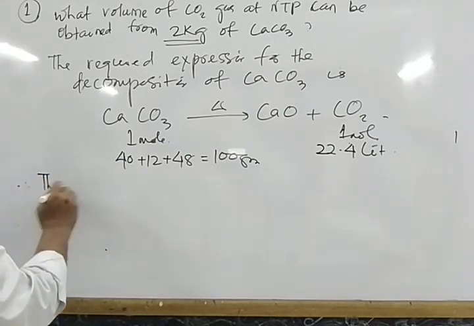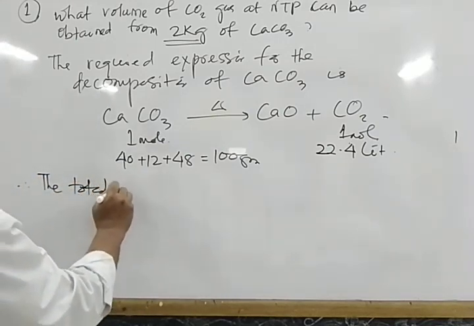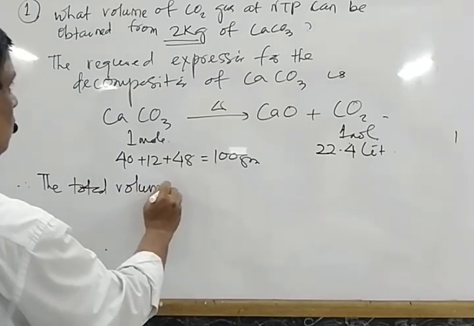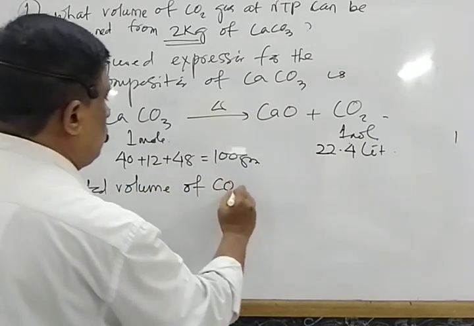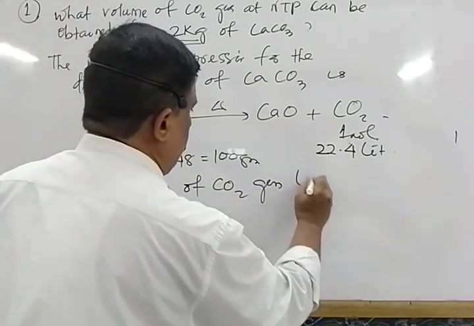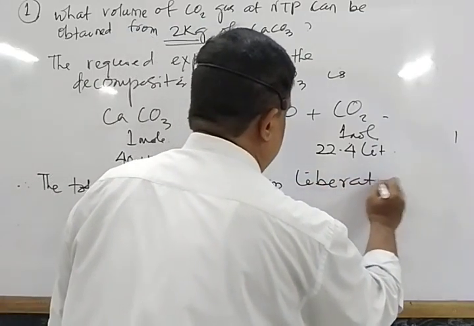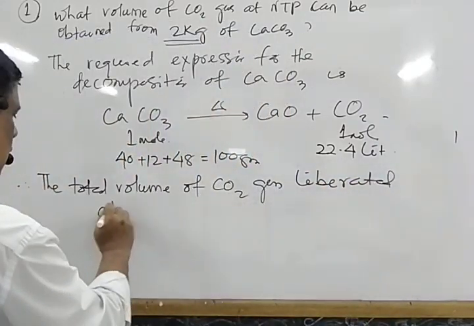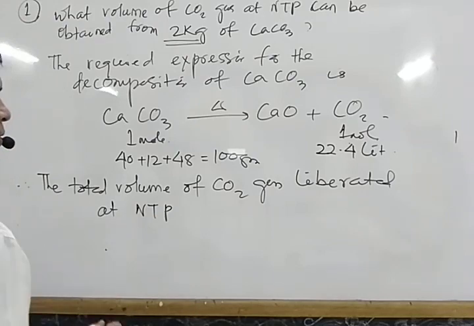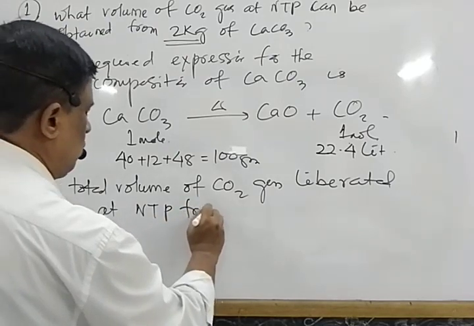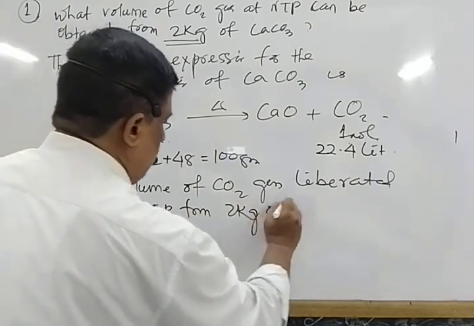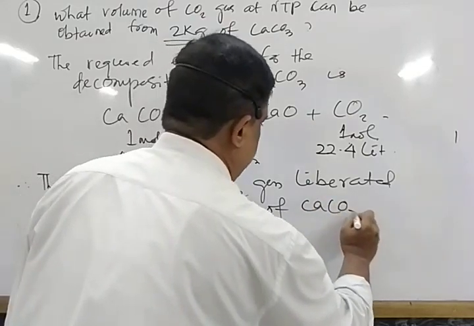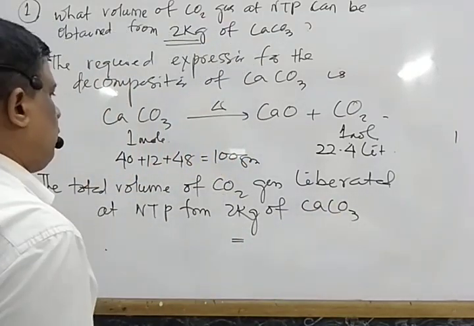Therefore, the total volume of CO2 gas liberated at NTP from 2 kg of calcium carbonate is equivalent to